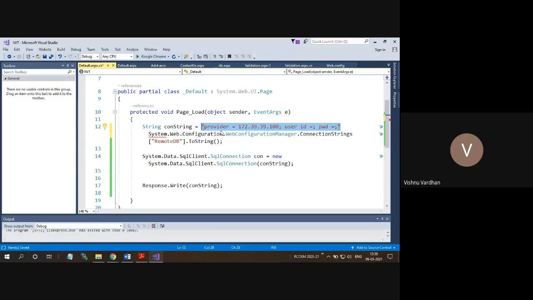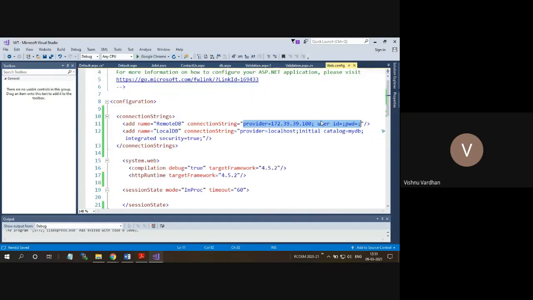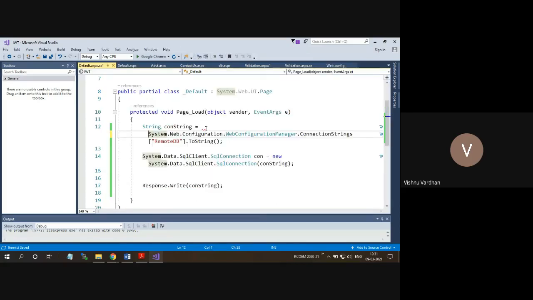What is the problem of doing the things in this way? If your website has some 500 pages, hard coding in this way means you are going to open all those 500 pages and do the manipulations accordingly. This is not practically feasible. So that's why we commonly save these settings at a single location and thereby acquire those settings from this kind of coding.